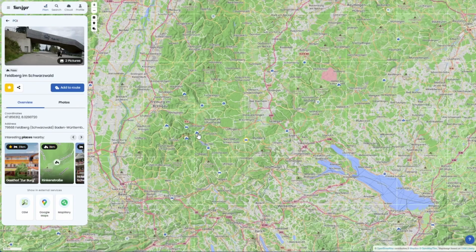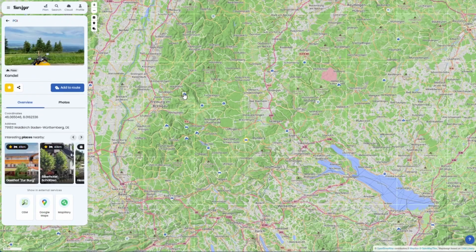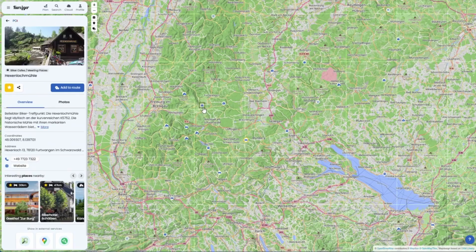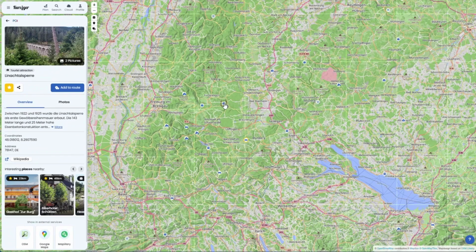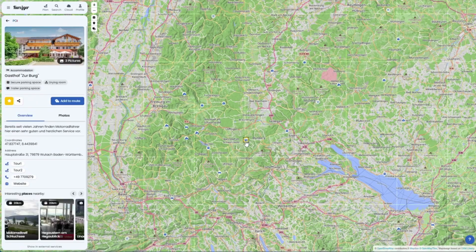Points of interest, also known as POI, are places that might be interesting for your trip. Photos are often a decisive factor in determining whether a place is really worth visiting. You can quickly see which places are interesting for you and plan your trips more specifically. Photos also help you remember what to expect at your own favorite places. This makes route planning much easier.